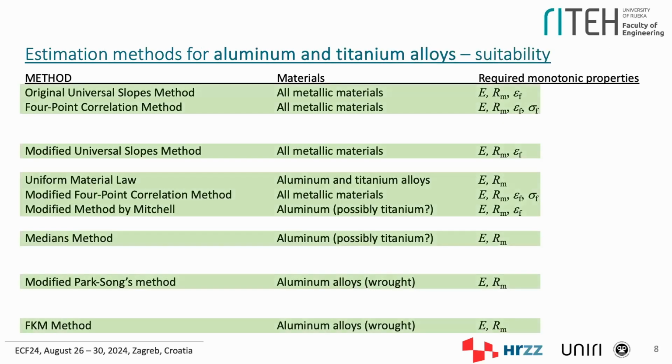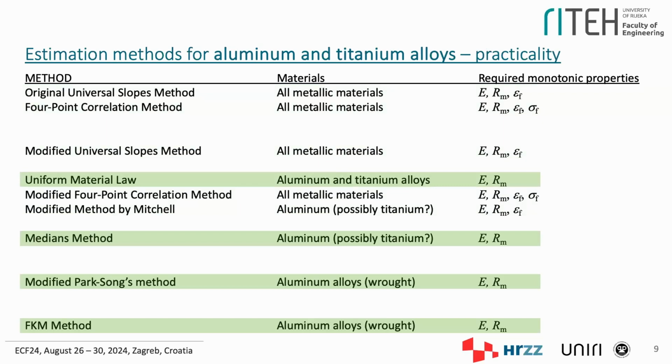Of course, the topic of today's talk is primarily the methods which are intended for aluminum and titanium alloys. These are here, but we wanted to keep things practical for this initial phase of the research. So we focused only on these 4 individual estimation methods for which we need only Young's modulus and ultimate tensile strength, because there is some additional aspect of these methods and their application which we would like to emphasize as a basis for the future research, which is coming next.